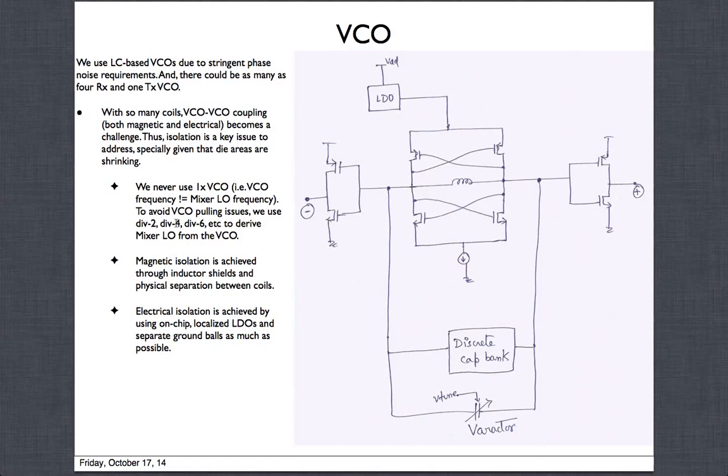Okay, if it was divided by 4, then the mixer is actually running at 4 times lower frequency than the VCO frequency. So by providing these dividing ratios, we can make these VCOs operate at different, far away frequencies, because they could have different division ratios after that. And that also helps with coupling.